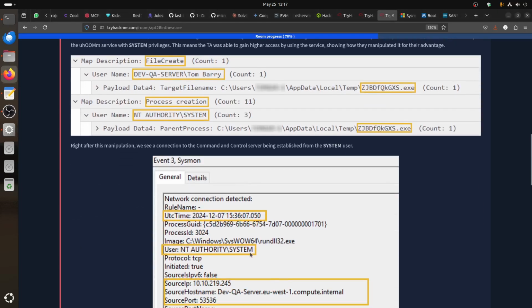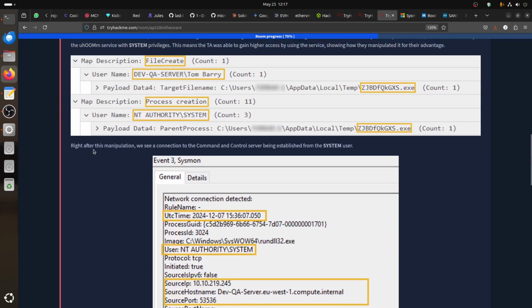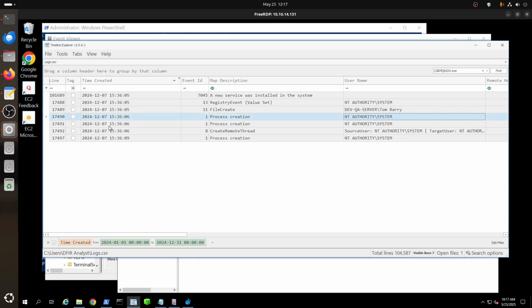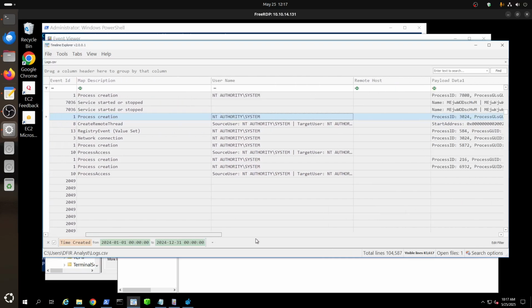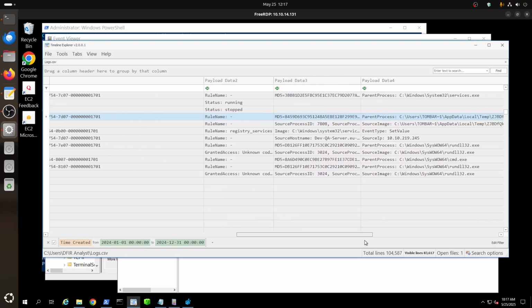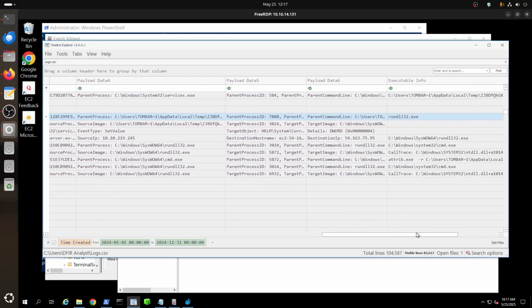Oh, we can see also from the event, right after this manipulation, we see a connection to the command and control server being established from the system user. Now, let's keep this time at 3:36. Let's add the filter from this, so we know this is the time we're looking for. So now if we look at what happened after, source IP, destination, and we have a connection here. That's the connection IP, but we don't have the port here. So to get the port, we need to do